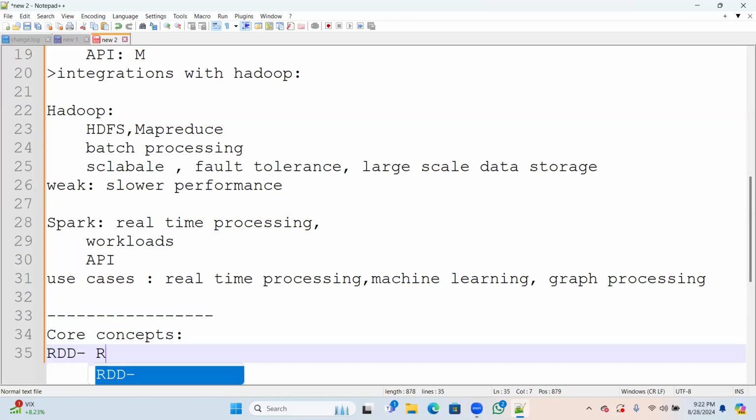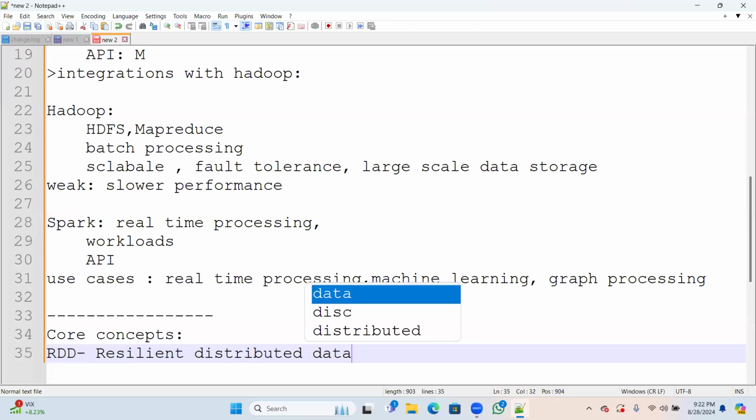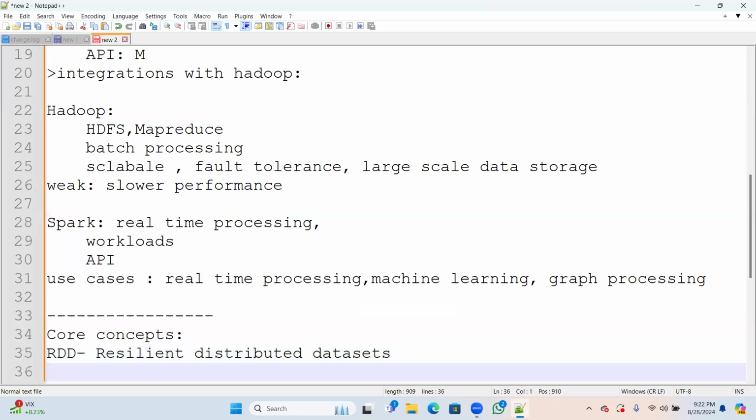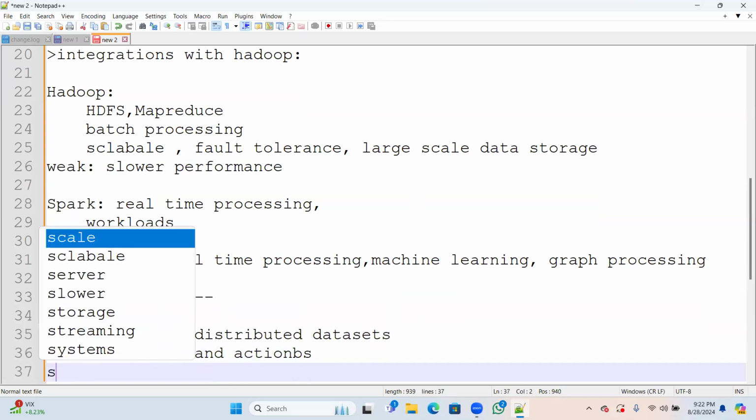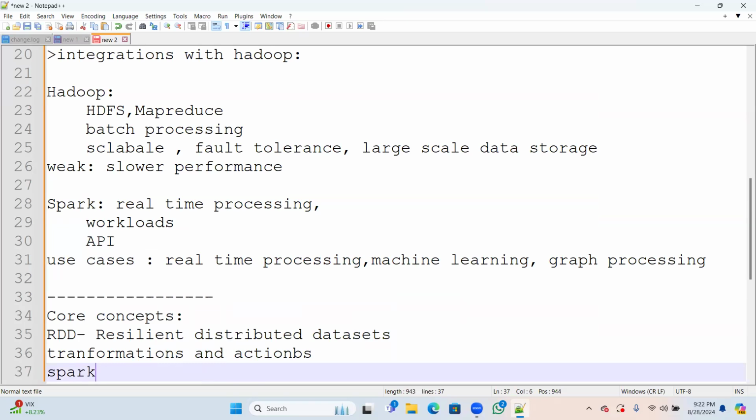RDD is nothing but Resilient Distributed Dataset. And we'll also see transformations and actions, Spark SQL and frameworks, and DataFrames.